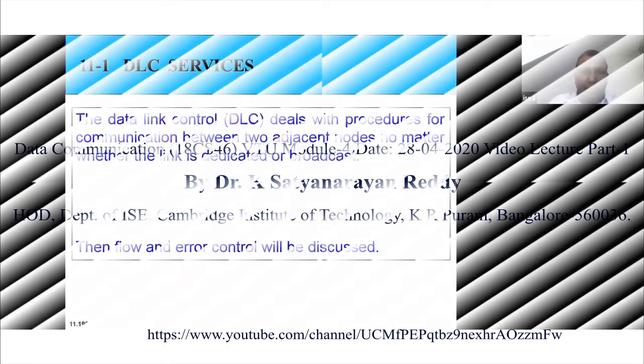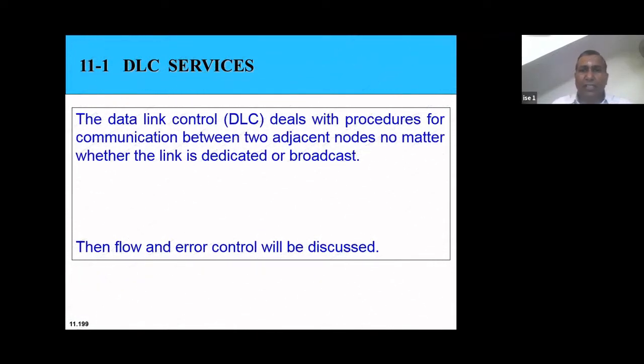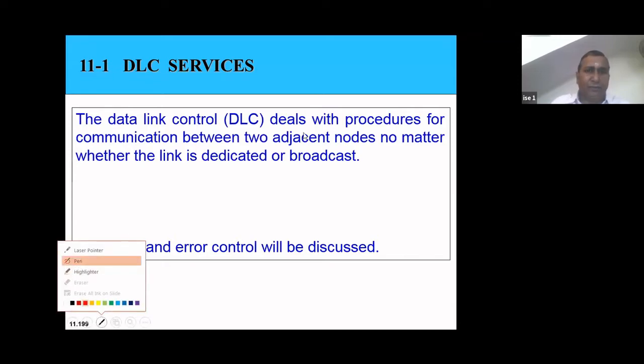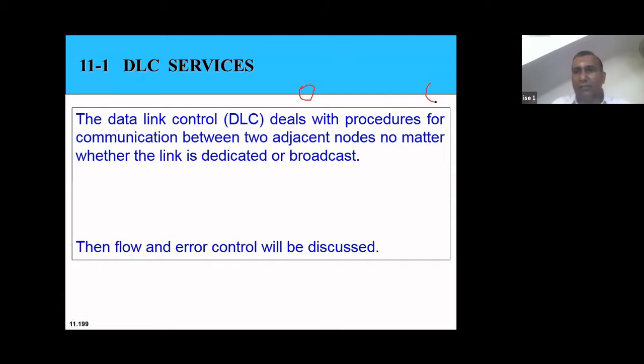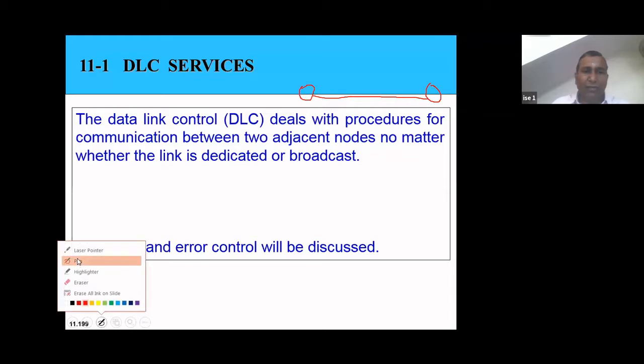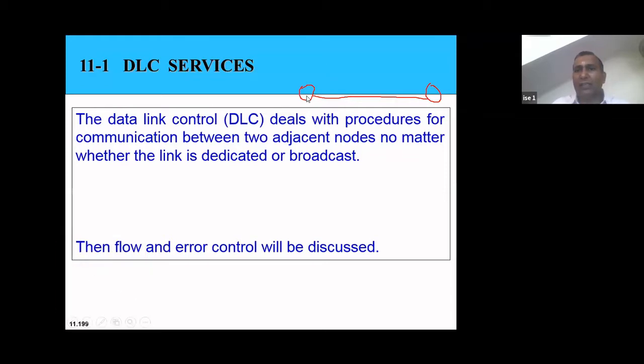So basically, it deals with the procedures for communication between two adjacent nodes. Two adjacent nodes means I'll be having two nodes here. Say one node is at this point and another node is at this point. They are called adjacent nodes, right? And we are not bothered whether this is a dedicated, that is one-to-one connection, or broadcast connection, or whatsoever it is. So we are not bothered about that, but we want to establish connection between these sending source and